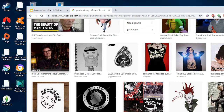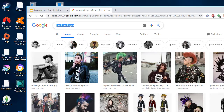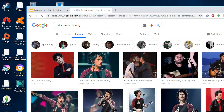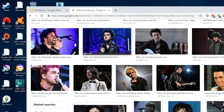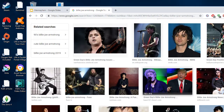He's adorable too, this Billy Joe Armstrong. Let's see if I can find a cute picture of him. Yeah, he's darling. Him in his younger days. Let's see if we can find one where he's looking at us. That one might not be bad, but...